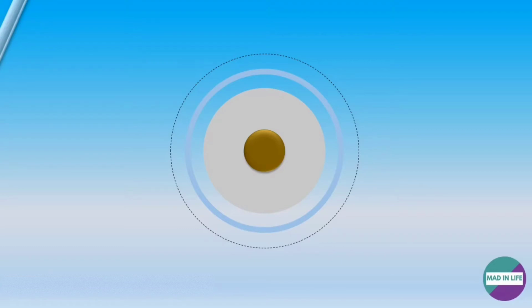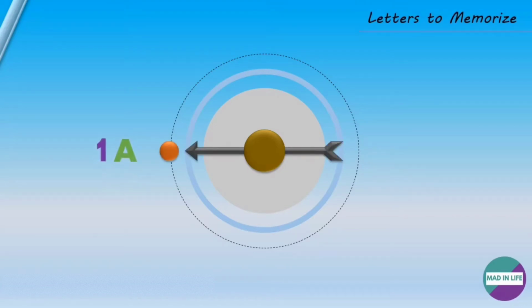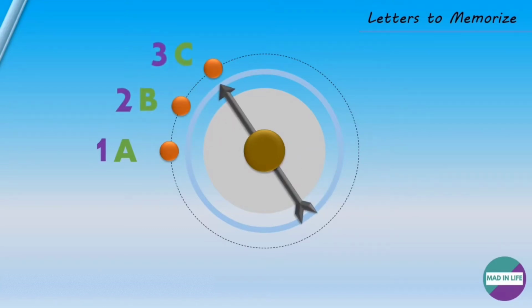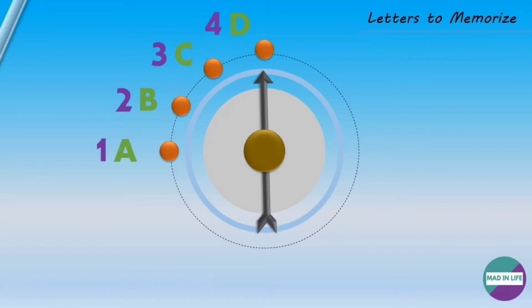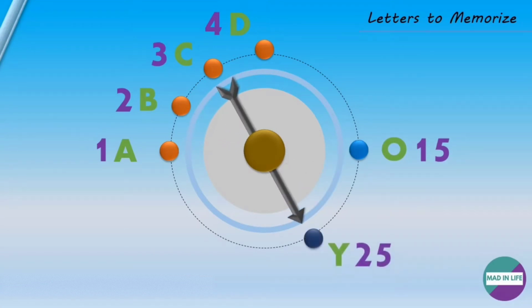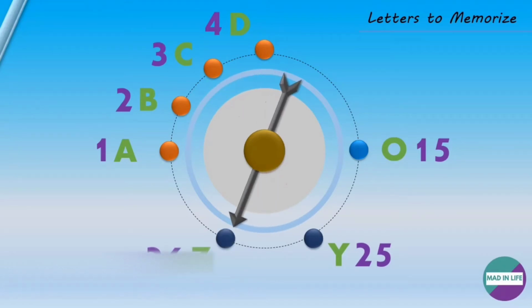There are no tricks for that, you just need to memorize that. Let's see one by one. At first position, that is A, simply A 1, B 2, C 3. So that is on the front end side 4 alphabets that you need to learn. D is at 4, and in the middle you need to memorize that O is at 15. Okay, and on the end side Y 25 and Z 26.